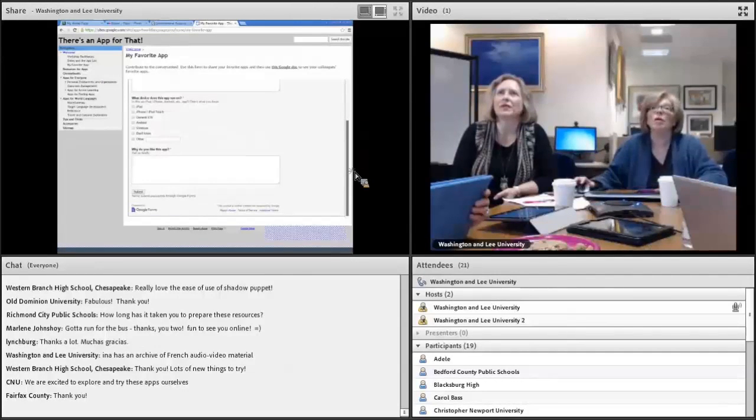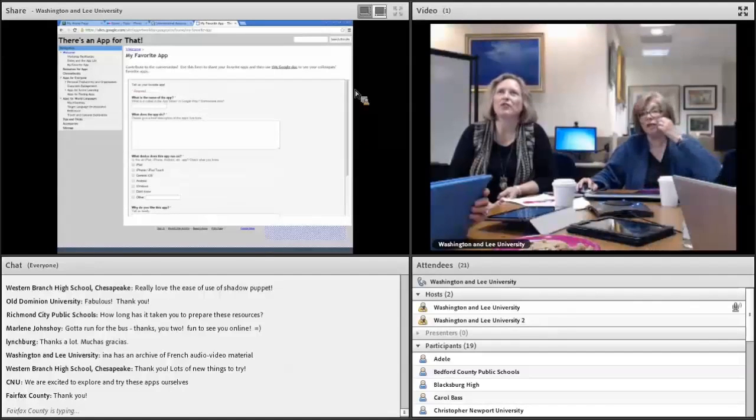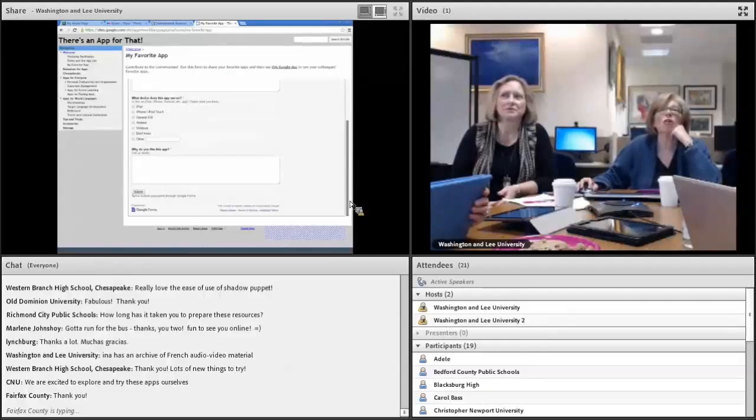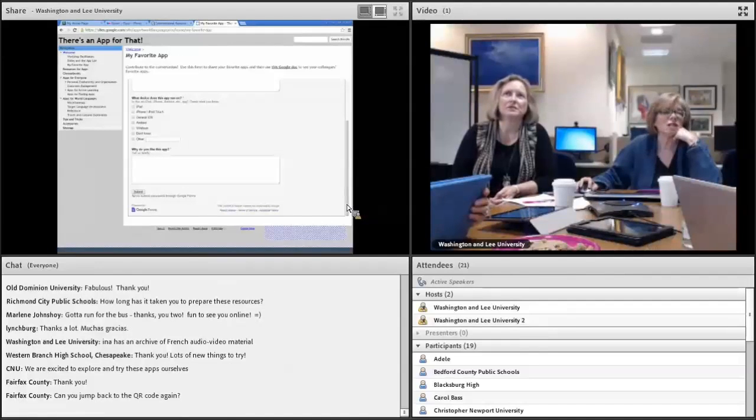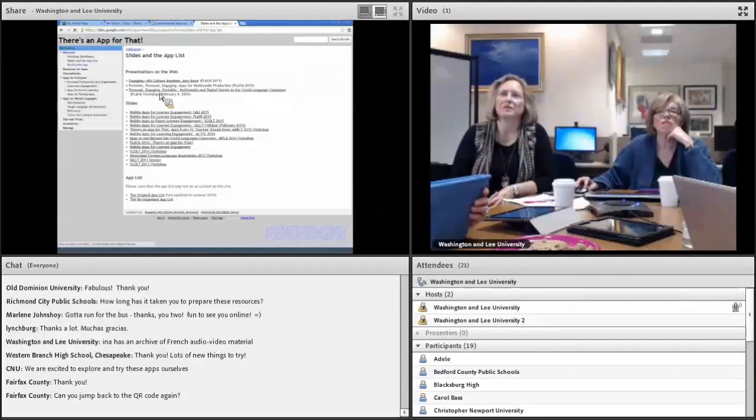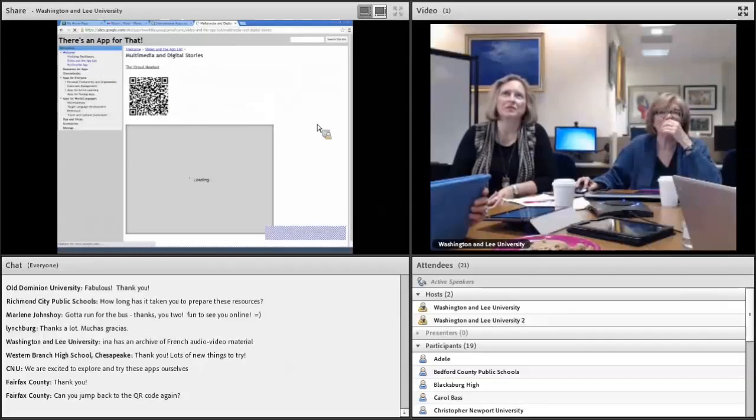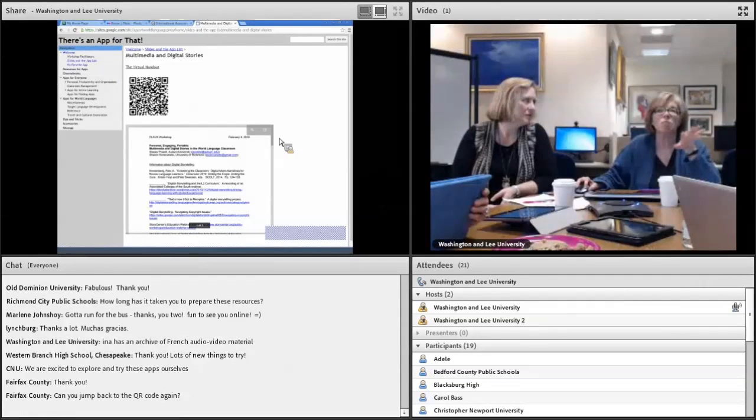There it is. So that's our site that we've been working on off and on for the last several years, and we encourage people to add things. Here is a form saying my favorite app, and it's a Google form. You tell us a little bit about an app you found, and this can be anything, not just digital storytelling.